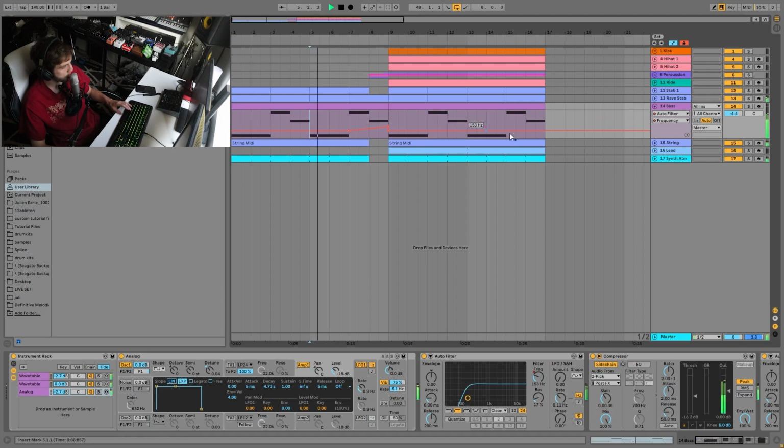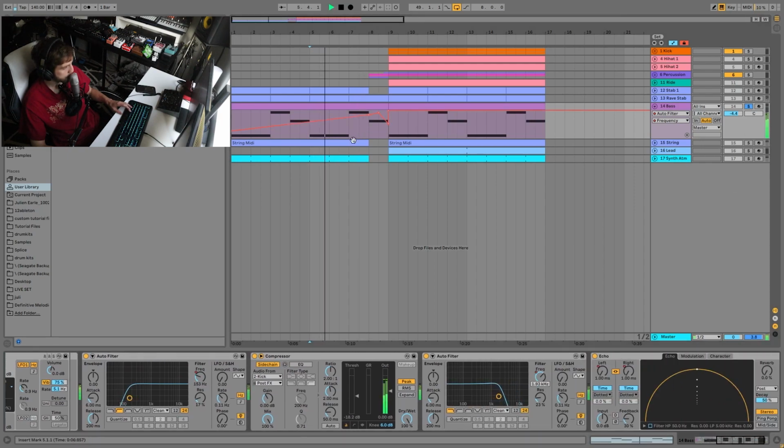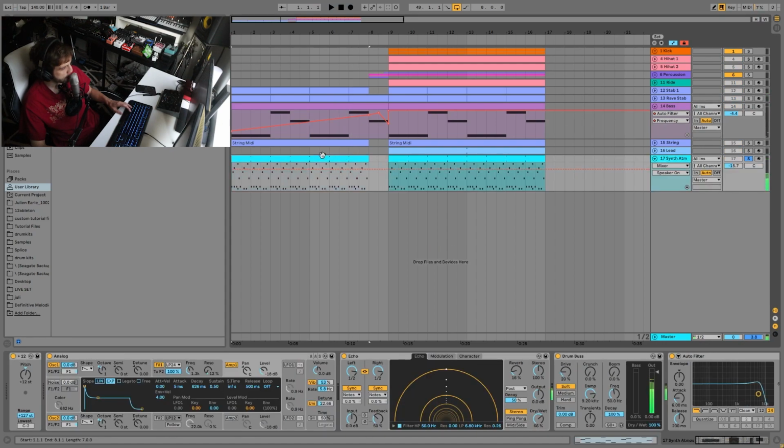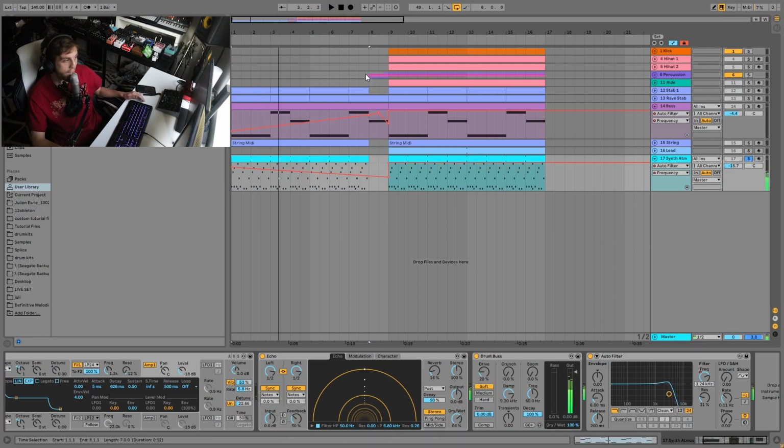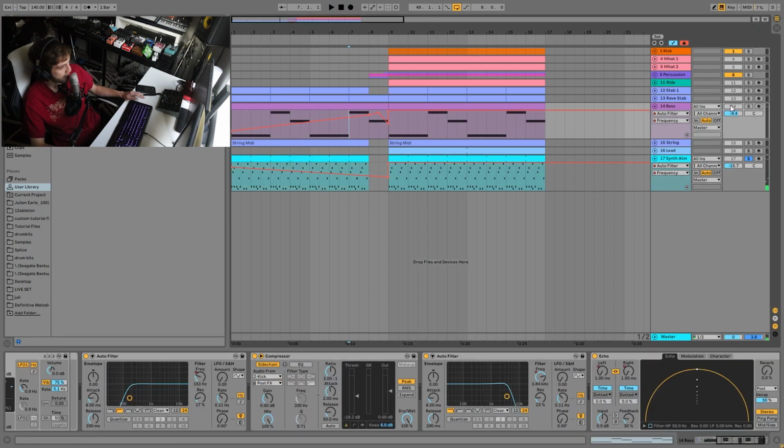We have this bass. The filter's opening up there. We have this thing disappearing. And all this is just low pass filters, right? And in some cases, we're also using a high pass on the bass. You can see that makes it. But yeah, so again, the arrangement is not as hard as a lot of people think it is,